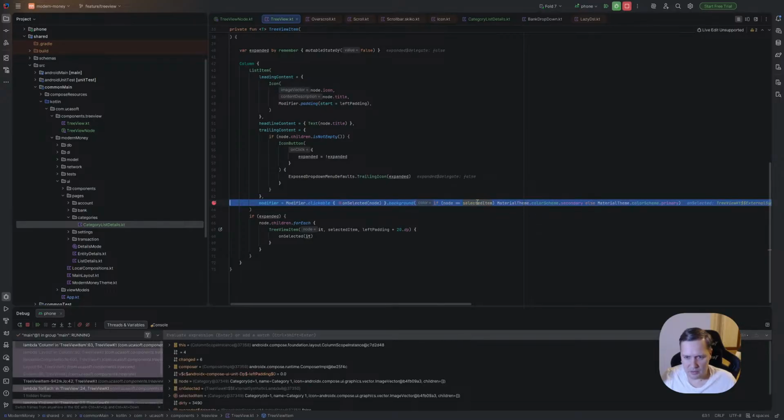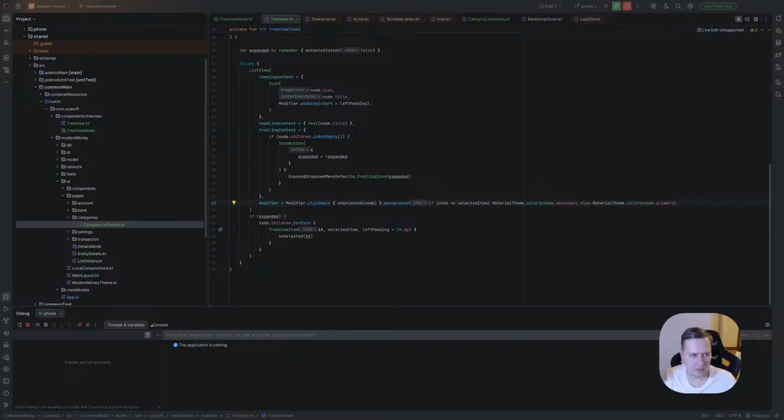And second run we have ID, and that equals, yes. So background color should be secondary and else primary. So it works, but for some reason we don't see it.